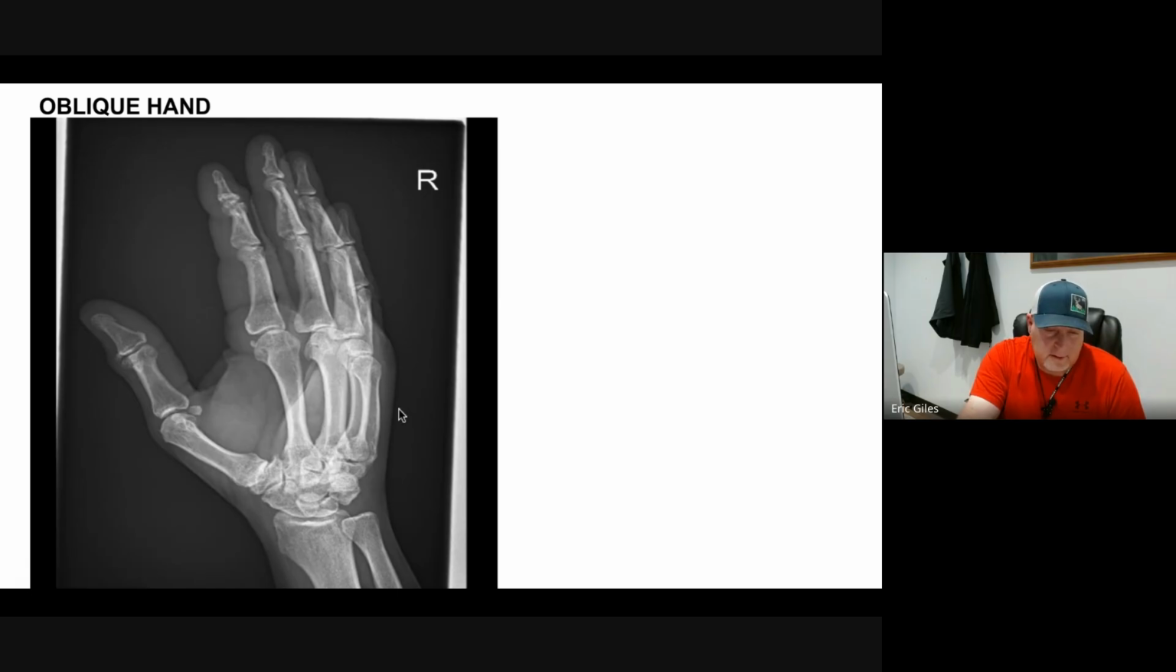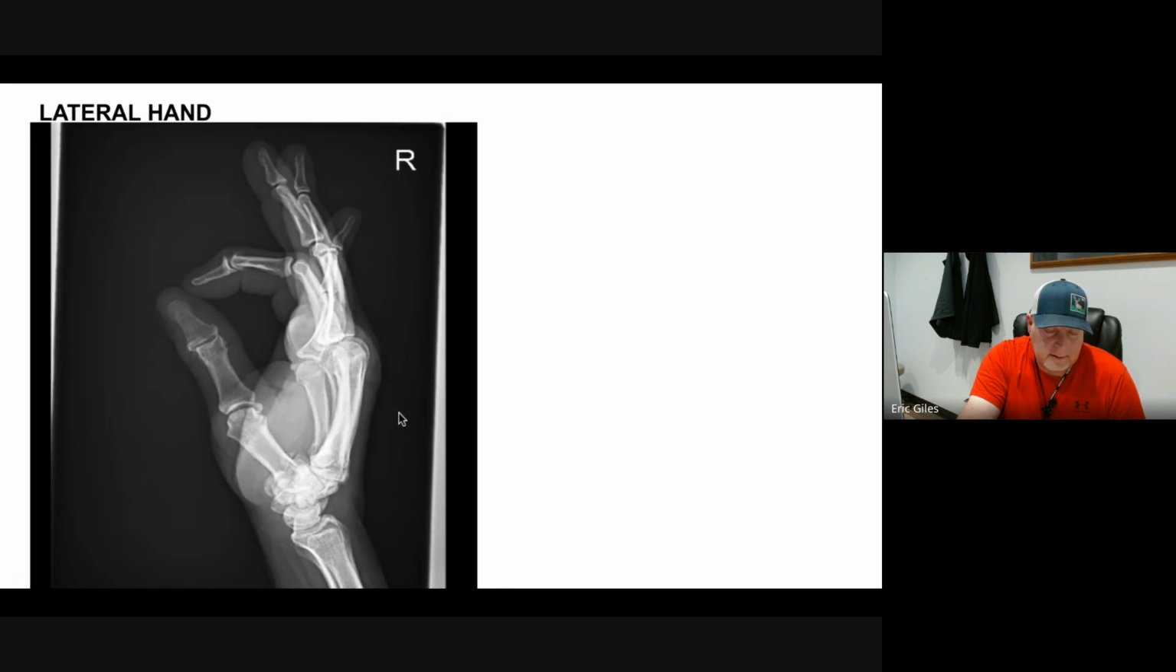Okay. All right, let's move on to the lateral hand. This is what we call a spider lateral, or some people refer to it as a fan lateral. Now, half of this image is good, half of it not so much. Looking at the positioning part, I can tell that it's a lateral, and a good way to know if